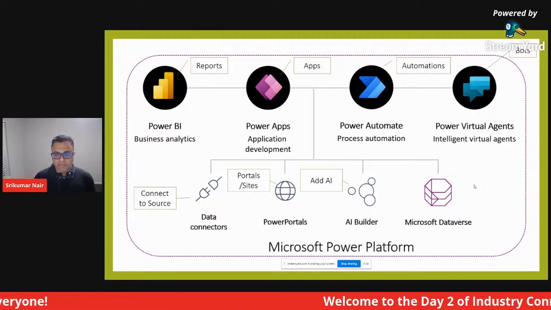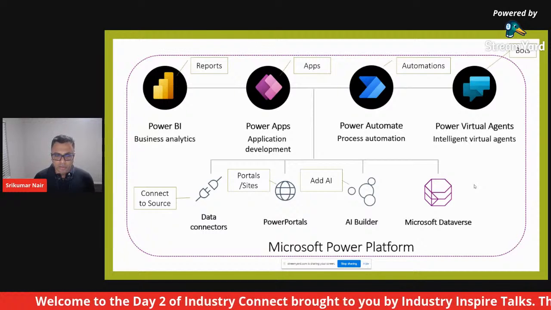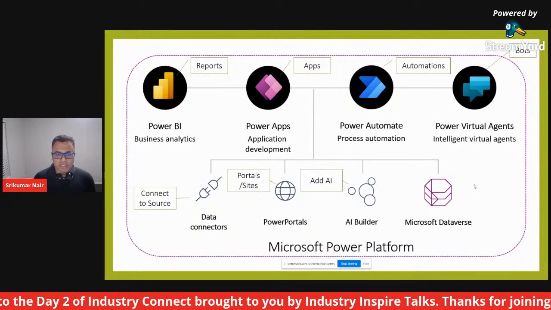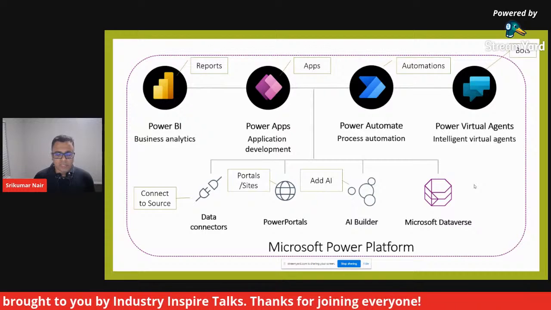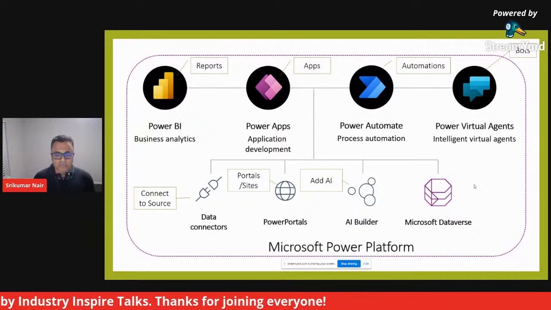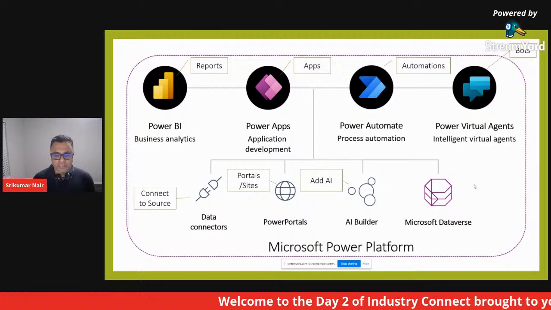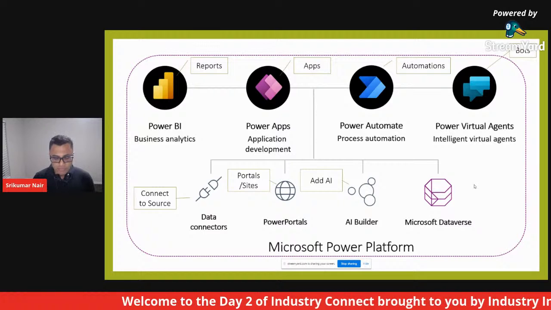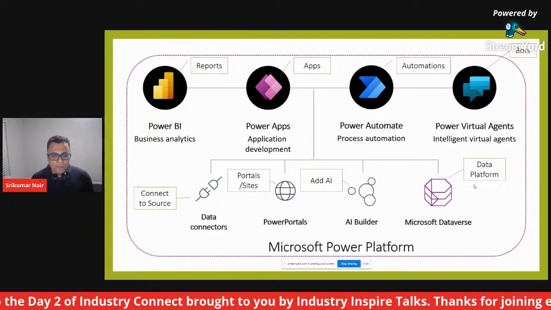So that, for example, if I keep showing some soda cans to it and give about 15 pictures of a soda can and train the AI model, it will just use the Azure machine learning and backend services to build that model for you. And then next time you show a picture of any other soda can to your application, it will recognize that this is a soda can. Just as an example. Similarly, you can even do receipt scanning and stuff like that, which is possible through AI Builder. Again, all of this with low code or no code, literally.